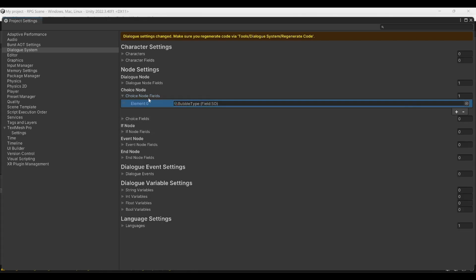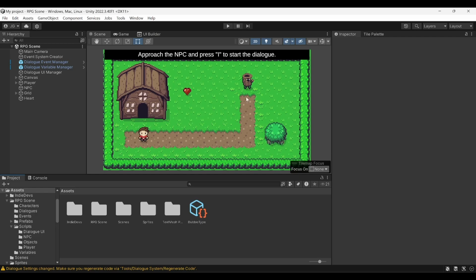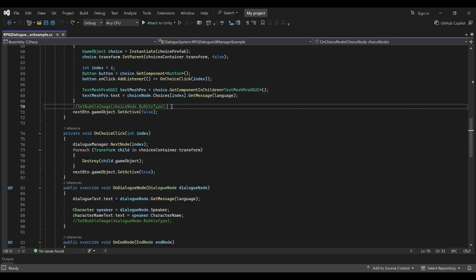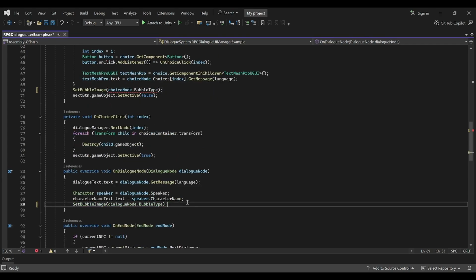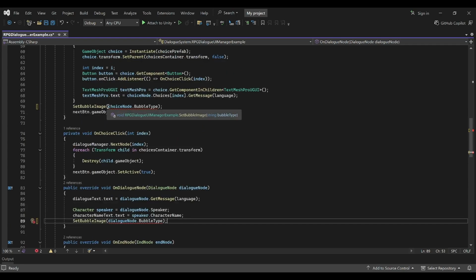Now, since we have made changes to dialog settings, we will need to regenerate code. So let's just close this and let's go to Tools, Dialog System, Regenerate Code. Now, once the code has been regenerated, we can return back to Visual Studio. And now, if we uncomment these lines, you should be able to see that, well, actually right now I still get an error,